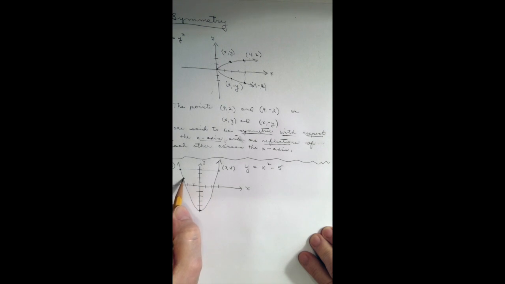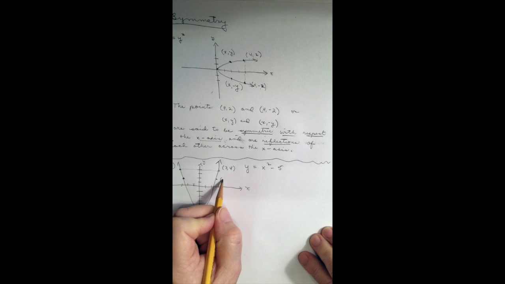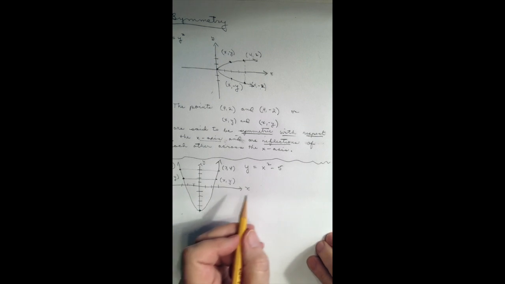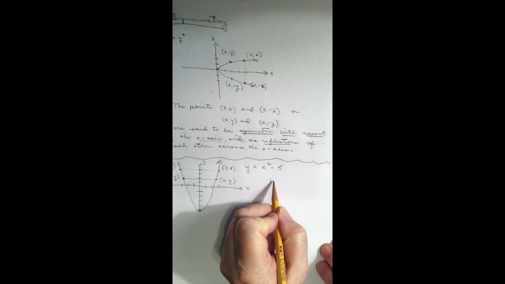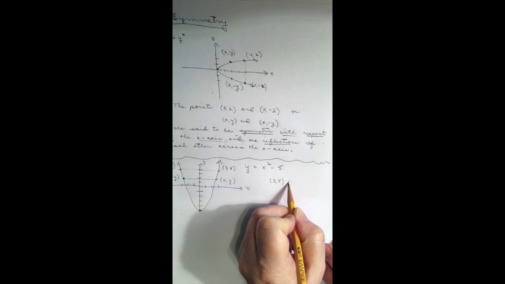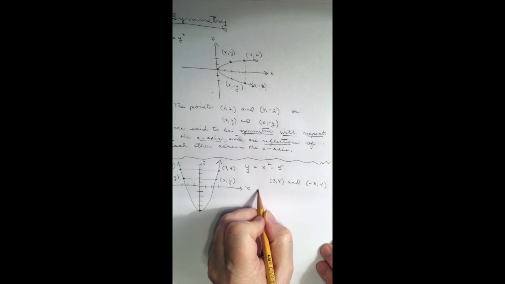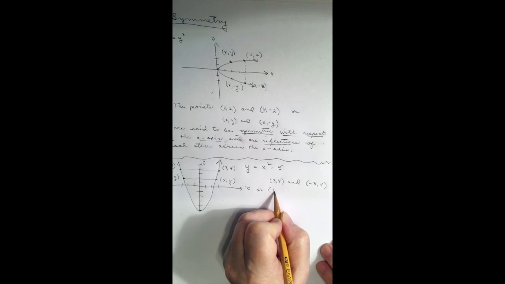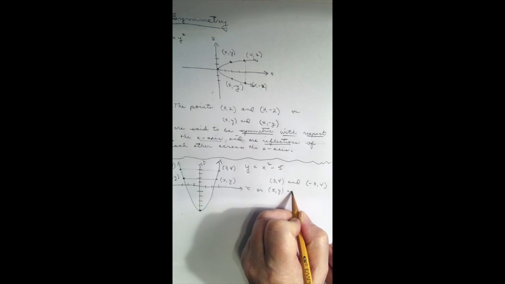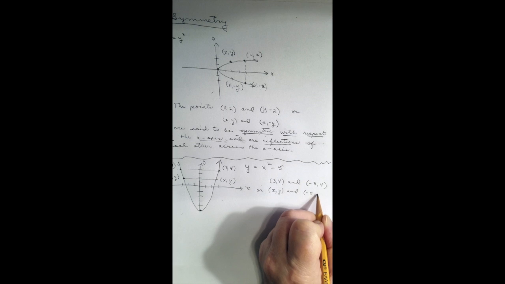And any general point then, (x, y) and (-x, y), these 2 points would be reflections of each other across the y-axis also. And we would say (3, 4) and (-3, 4), or (x, y) and (-x, y)